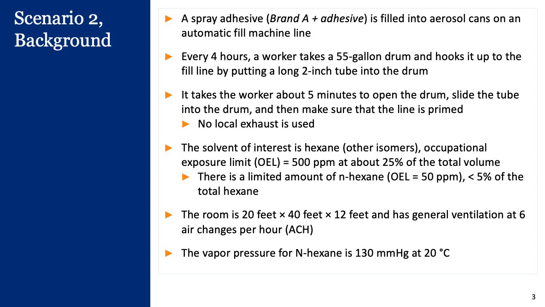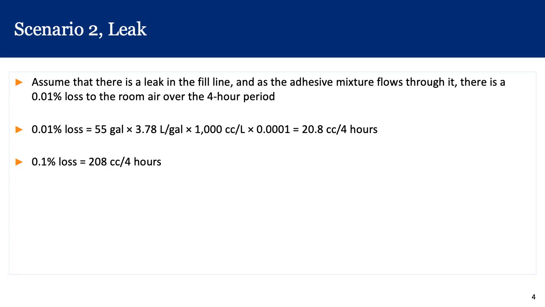The room dimensions are given as 20 by 40 by 12 feet, and the general ventilation is about 6 air changes per hour. We also know the vapor pressure for N-hexane as 130 millimeters of mercury at 20 degrees